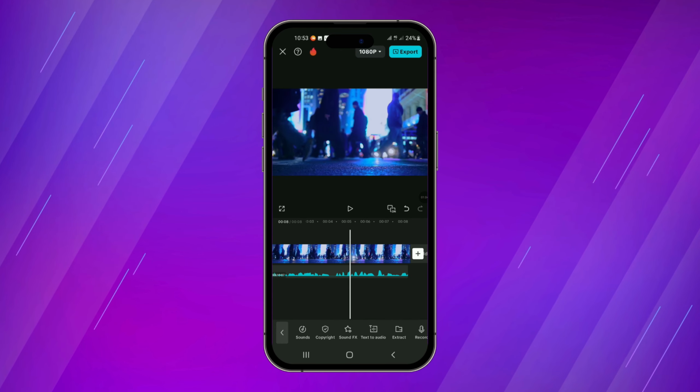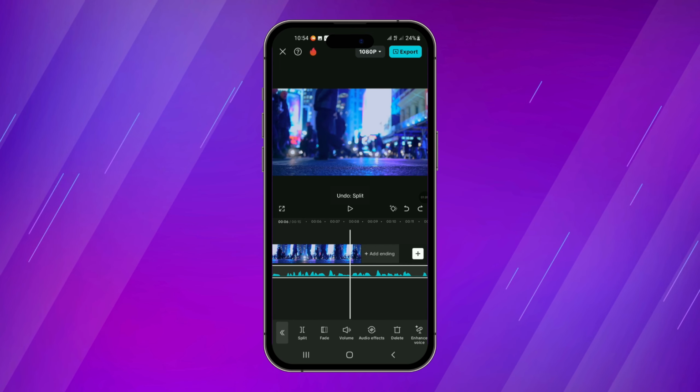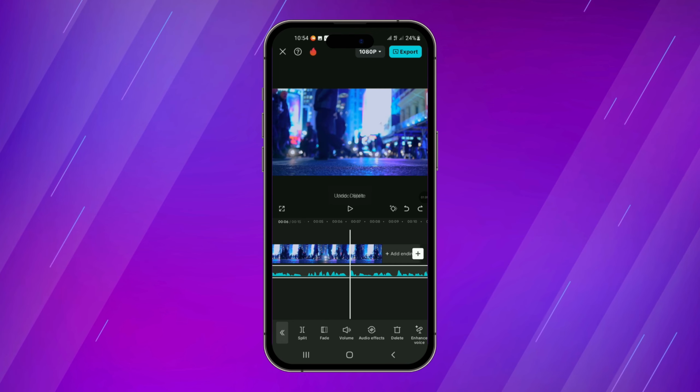So if you want to delete that specific section, just tap on delete and it will be erased from your project. And now you can start working on your video. Alternatively, if you want to adjust the music without actually deleting any parts, so that you can come back and work on it later,